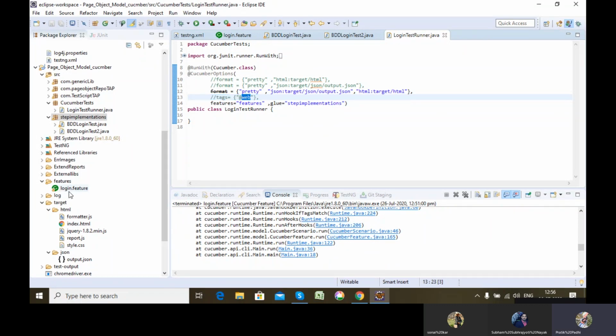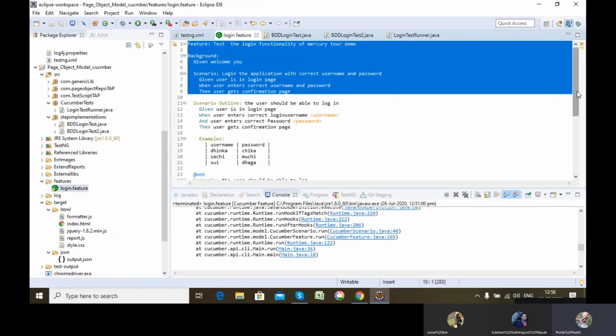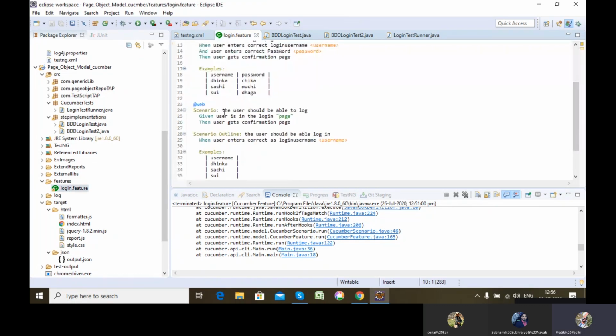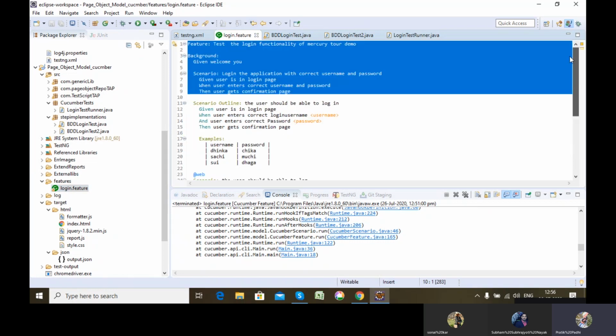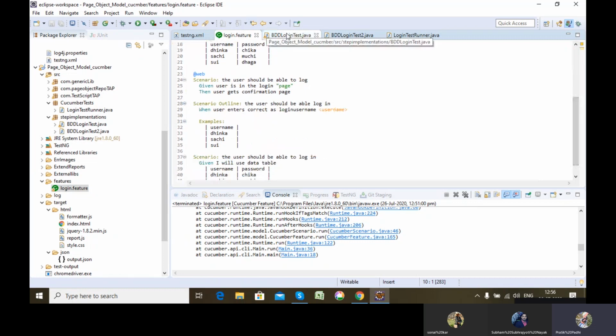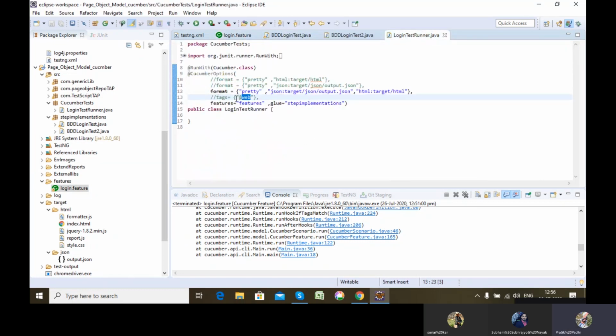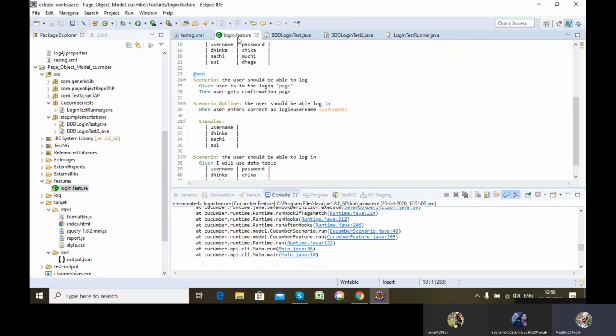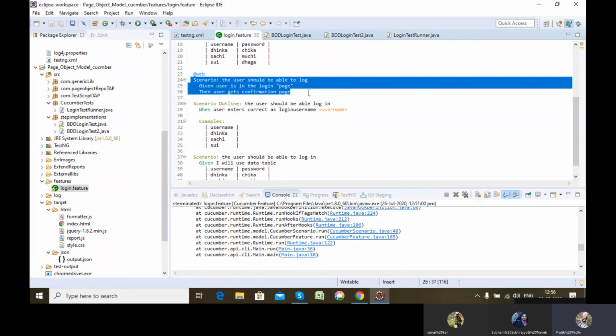Let's say I write @web here and don't define it anywhere else in this program. If I open the tag @web, only this scenario will be executed. All the other scenarios will not be executed because they do not have the @web tag. So this is similar to grouping of test cases in TestNG.